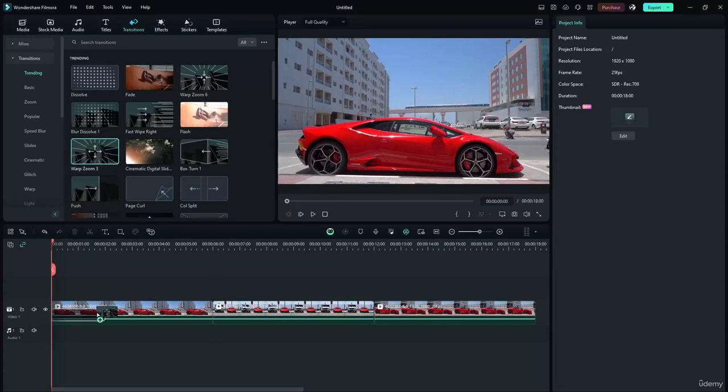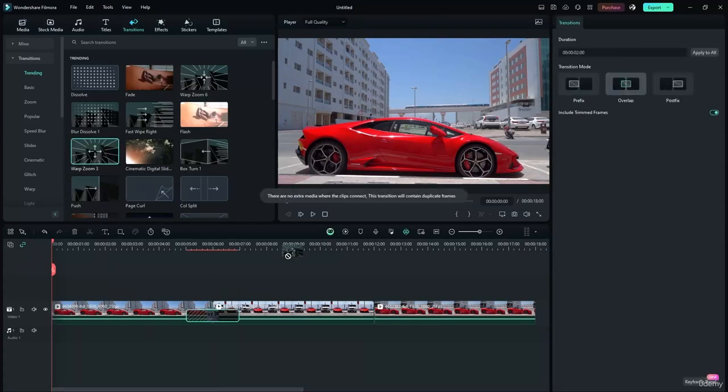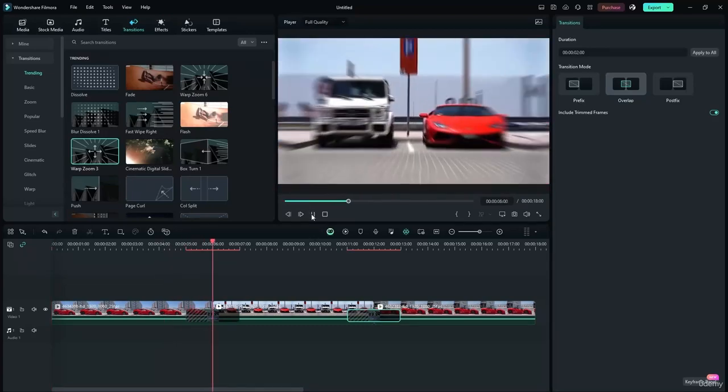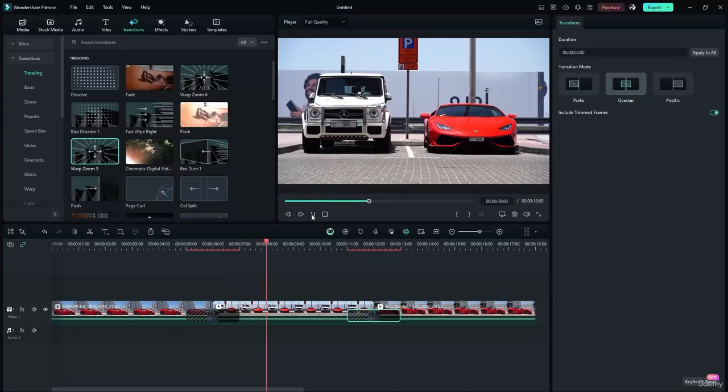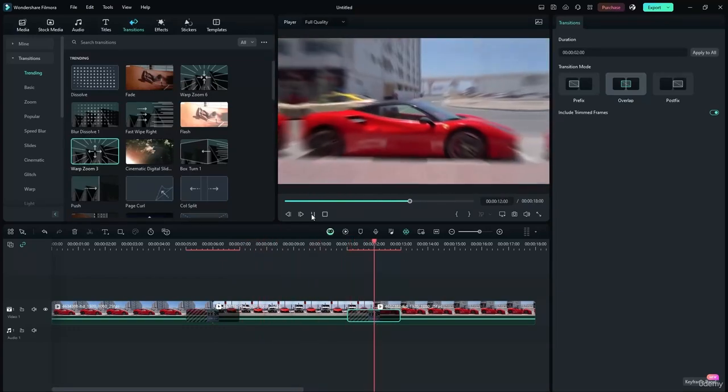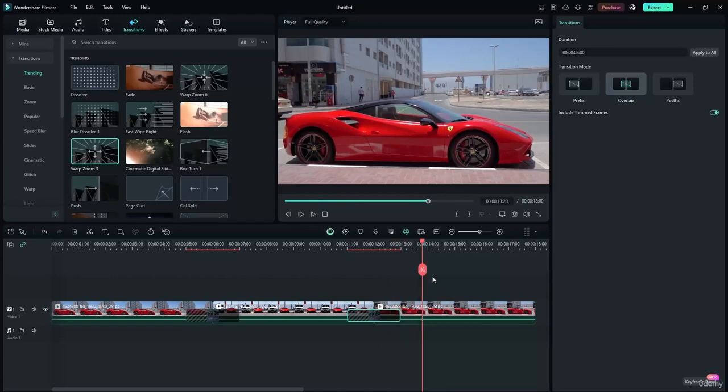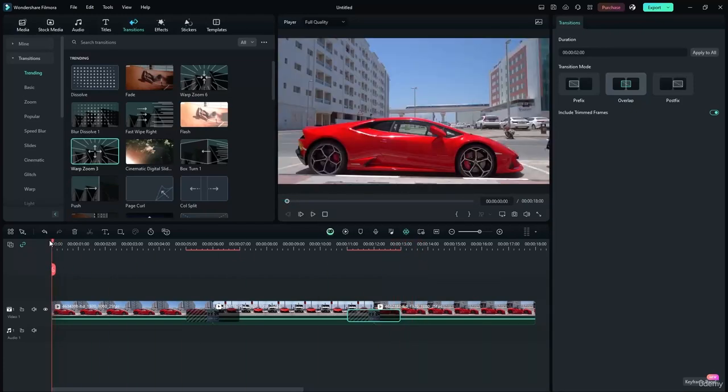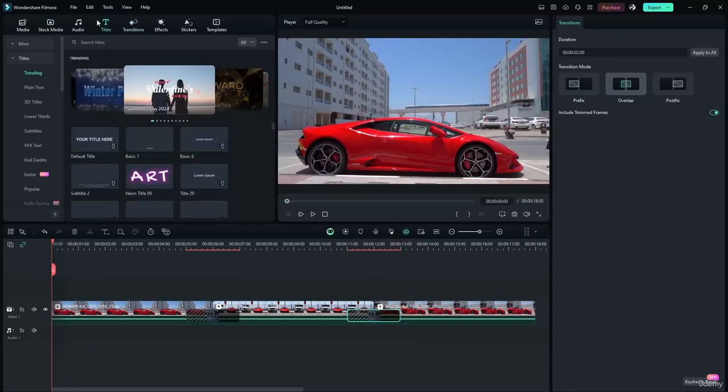So I'm going to give a warp zoom transition and then play it out to see if the transitions look good or not. That looks good. Okay, for this one, this looks good as well. There you go. Now I'm going to go ahead and use titles and show you how you can go and